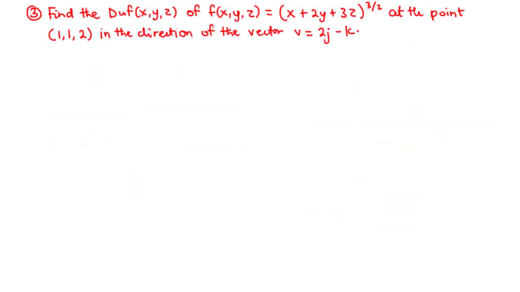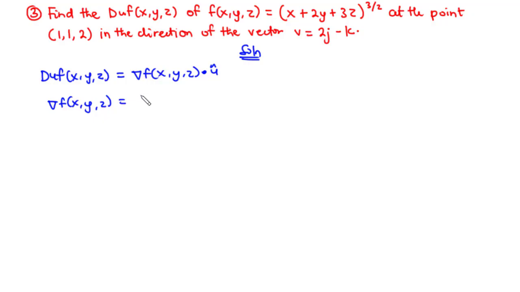So to question 3, we are going to find the directional derivative of this function at the point (1, 1, 2) in the direction of the vector v equals 2j minus k. Now in this example, we have a function of 3 variables. So the directional derivative of this function f(x, y, z) is equal to the dot product of the gradient vector and the unit vector u cap. So we have the gradient of the function, or the gradient vector,